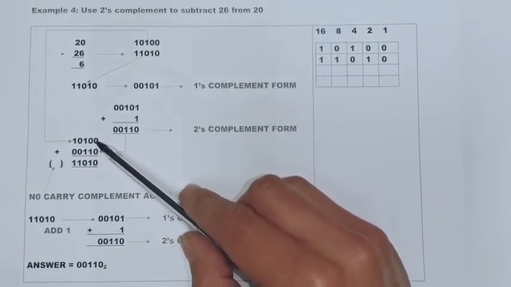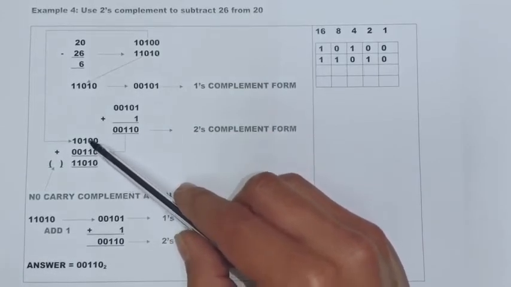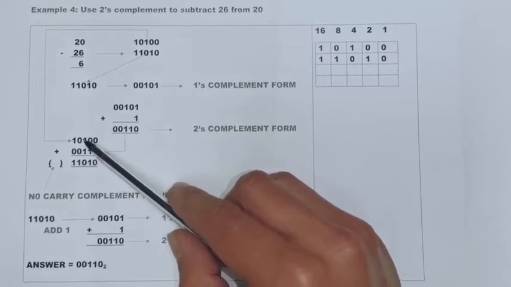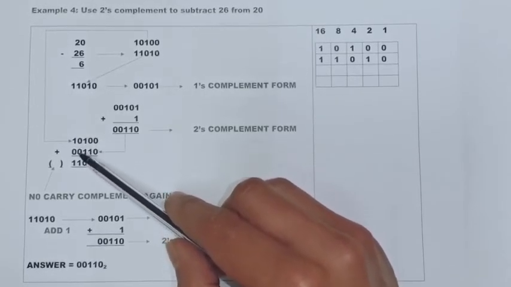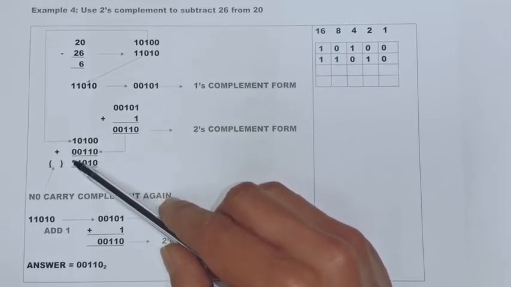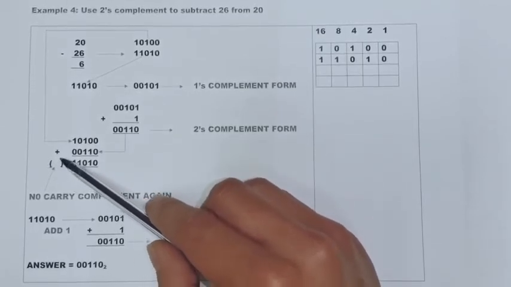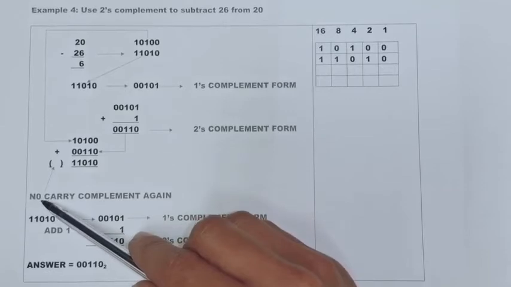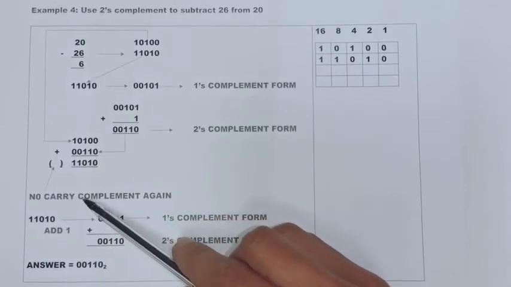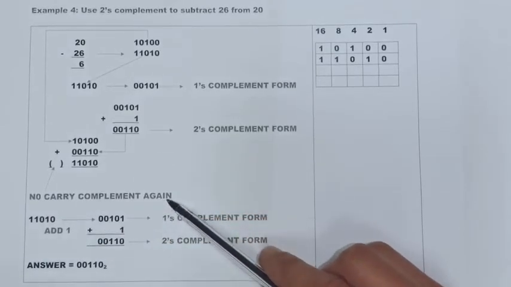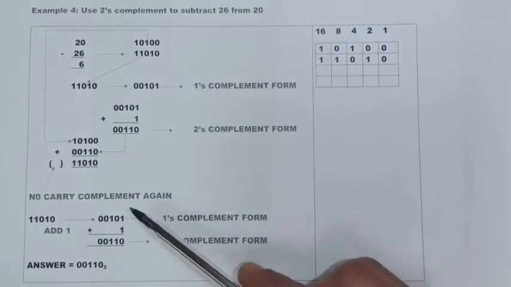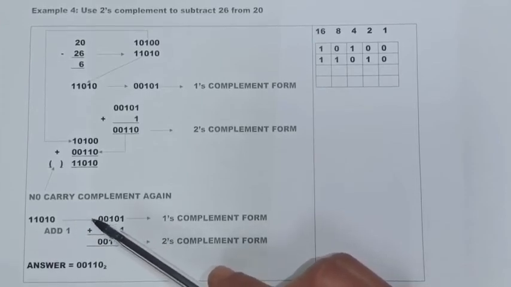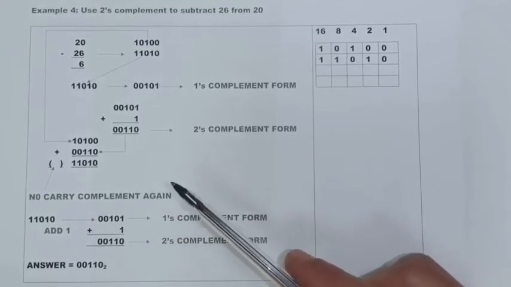Alright, so now we're going to have 0 plus a 0 is 0, 0 plus 1 is 1, 1 plus 1 is 0 with a carry of 1, 1 plus 0 is 1, and 1 plus 0 is 1. There we can see we don't have any carry, and that's why I've written down here, no carry. I must complement again. So when you need to complement again when working with twos complement, you first need to take that specific binary number to ones complement and then add a 1.